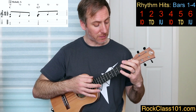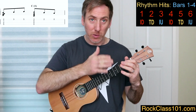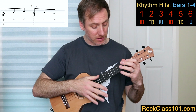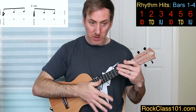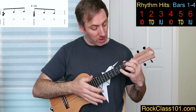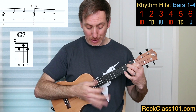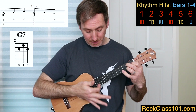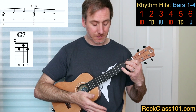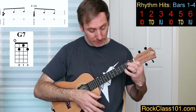Okay, excellent, perfect. So bar 2, we're going to play the same rhythm. We're playing all 6 beats consecutively, so we're playing 2 consecutive triple cycles again, if you like. So we're going to hold a G7 chord to start off bar 2, and we'll do an index down strum of that entire chord. And then we're going to add our pinky onto the first string at the 3rd fret